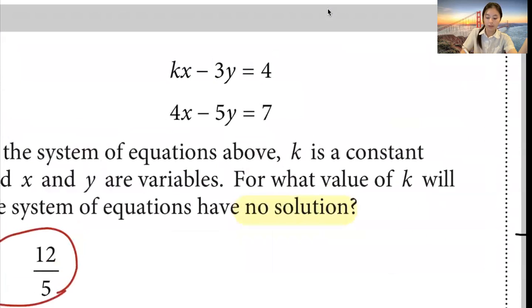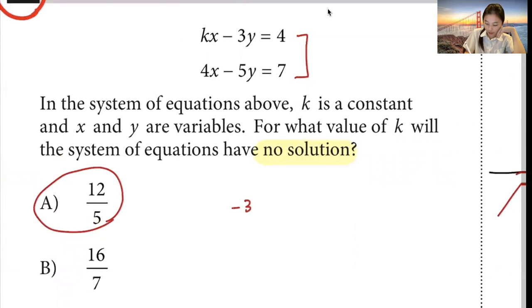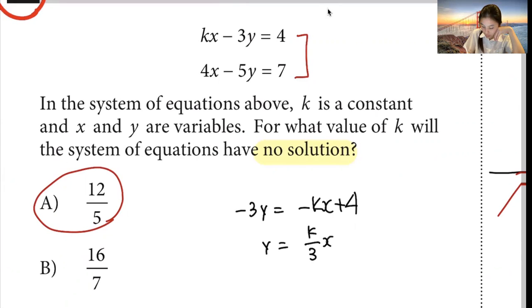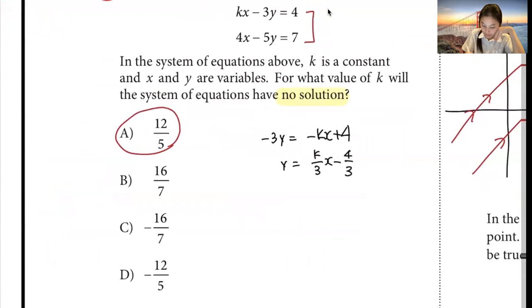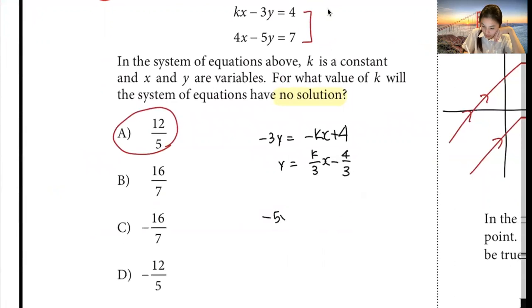So what we need to do is make the slopes for these two equations the same. And how would we do that? Well, the easiest way is to construct the linear equation, so y equals mx plus b form, and we are going to do that. So that's for the first one on the top. For the second one,